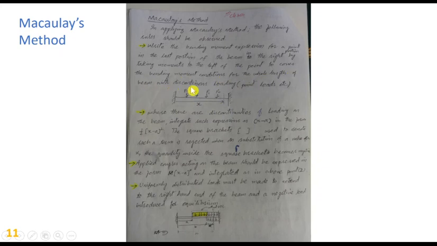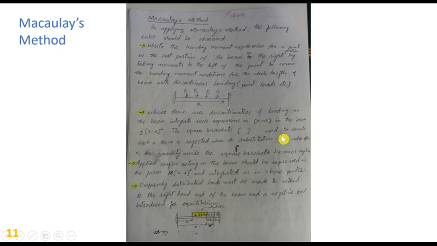For a beam with discontinuous loading, where there is a discontinuity of loading on the beam, integrate the expression as follows. We should have a square bracket, x minus a, if this length is a. So we write x minus a in this form, and when we have to integrate, we take this as a unit, so the whole integration will be x minus a square by 2.